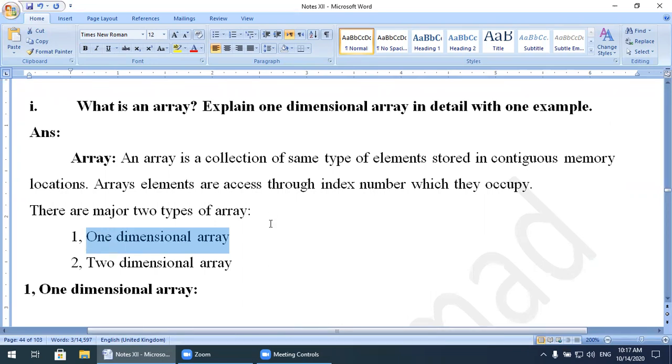And two-dimensional array means when the data is stored in two dimensions, multi-dimension, for example x, y, both directions. You can say that in mathematics, when you attempt or solve a matrix question, the data is stored in both directions. It is present in the x-axis as well as the y-axis.